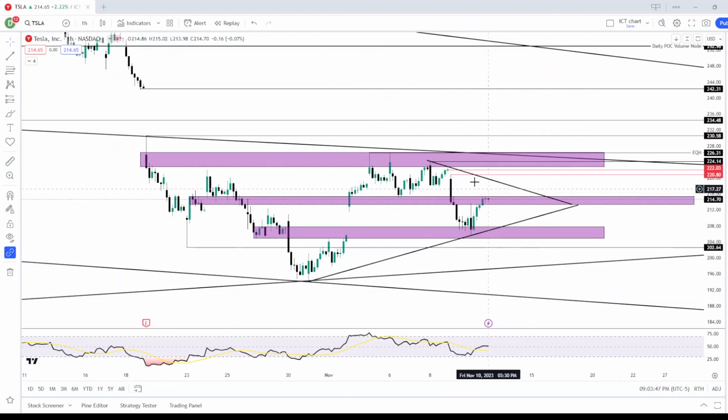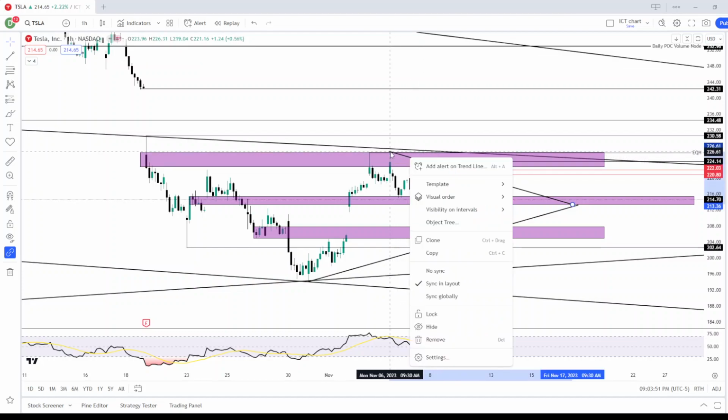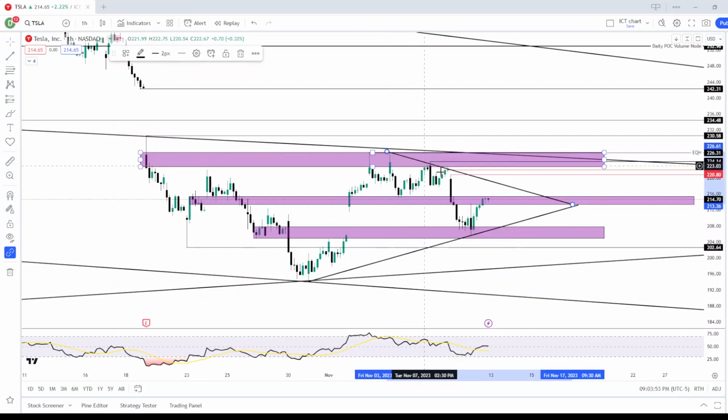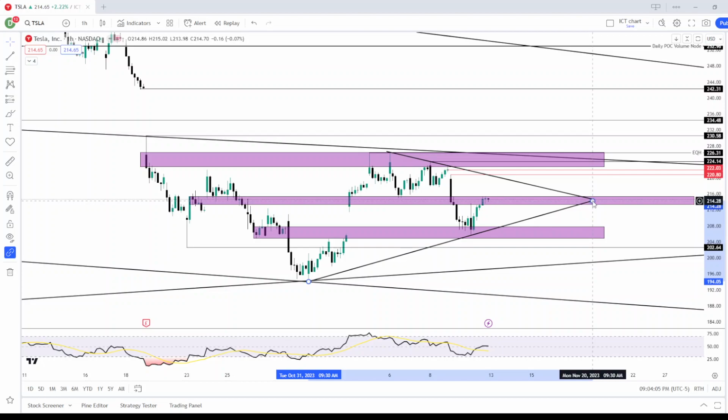We're in a symmetrical triangle off of the highs. I did not include, but I bet it would be just fine to include Monday's high. Okay, we could change that a little bit, capture the highs from Wednesday, and then we got our symmetrical triangle. Okay, so we will be watching for this to break out or break down. That will be an early indicator of the directional move. So if we closed here on Friday, we start to break out on Monday,